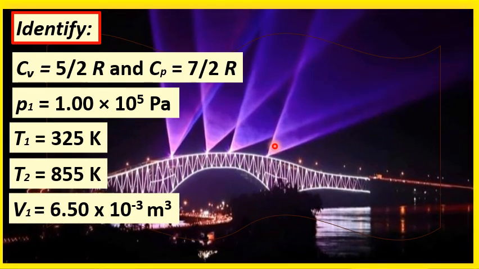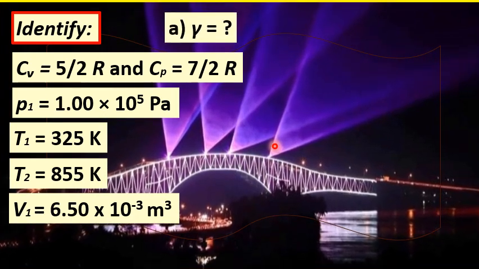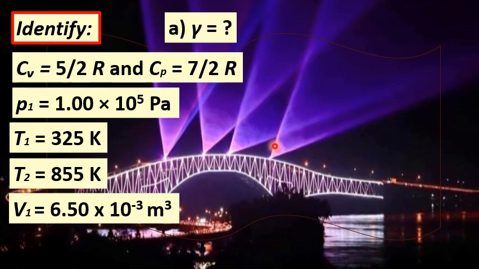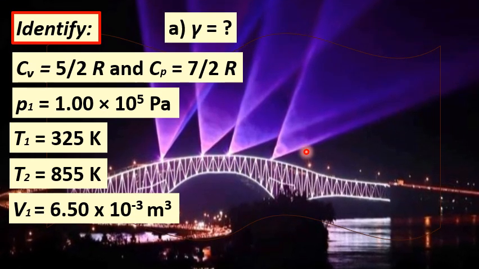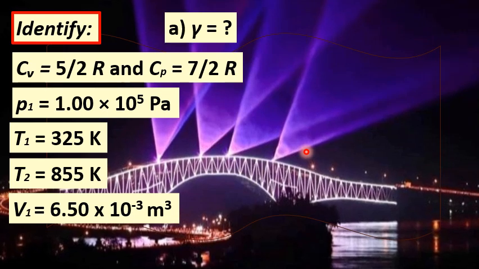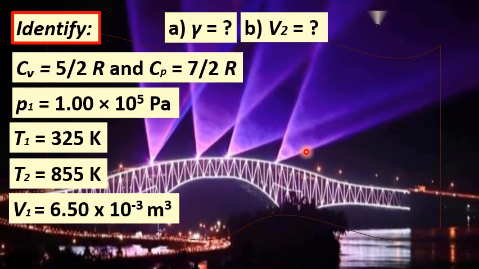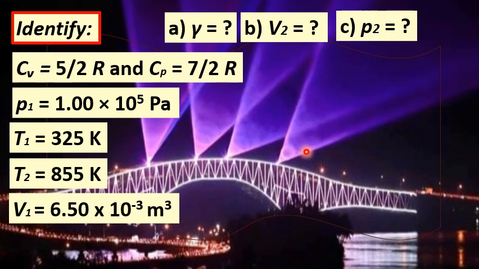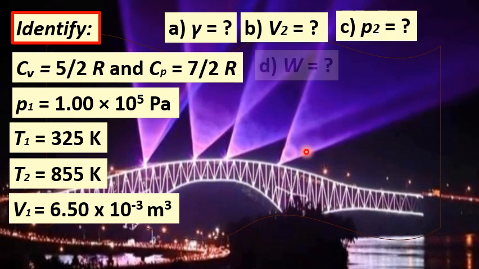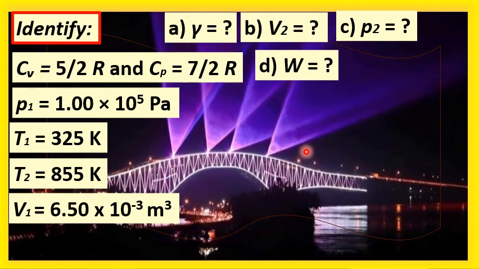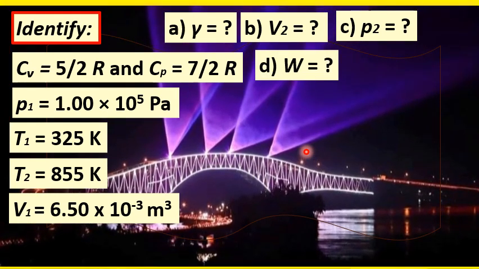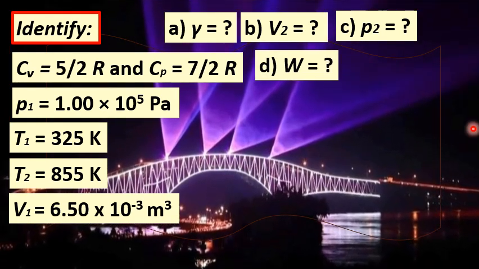And we are asked to find the following. The constant gamma, the final volume V sub 2, the final pressure P sub 2, the work done by or on the system, and lastly,